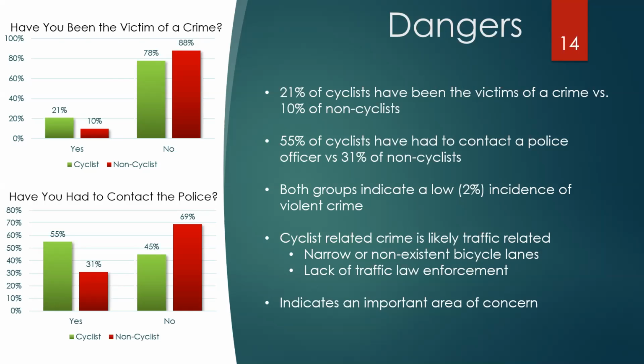And if we go back to the surveys, when people were given the option of commenting, giving suggestions, the number one complaint category was traffic enforcement, specifically people running red lights, people speeding. It's the ways people drive. And with cyclists, one of their concerns was either non-existent bicycle lanes or really narrow bicycle lanes. All these things that put them in harm's way and put them in jeopardy for their lives, which might cause them not to want to ride further, and indicate why they like parks so much, because they're safer there. So if the city wants to be successful in this bicycle program, these are areas they need to address.